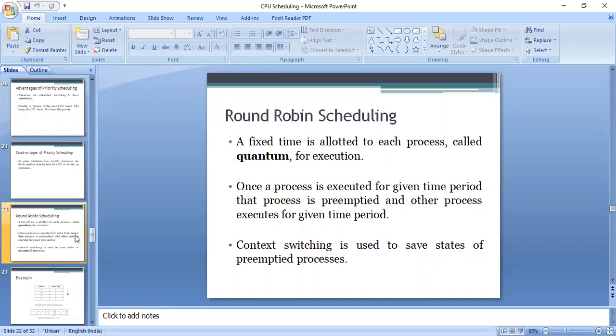We first fix the time slot for which we are going to offer the resources, right? So in this particular algorithm, a small unit of time is allocated, which is known as time slice or quantum. It is defined priorly, and then